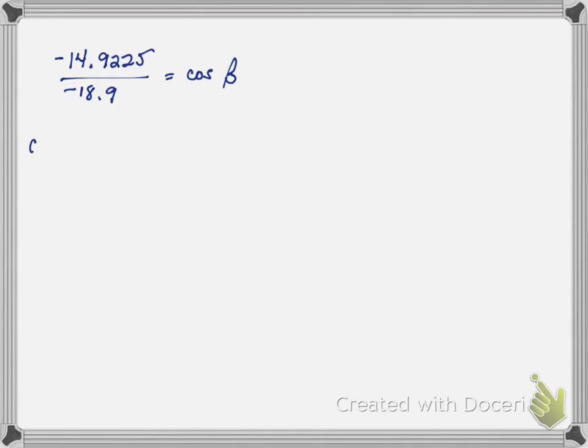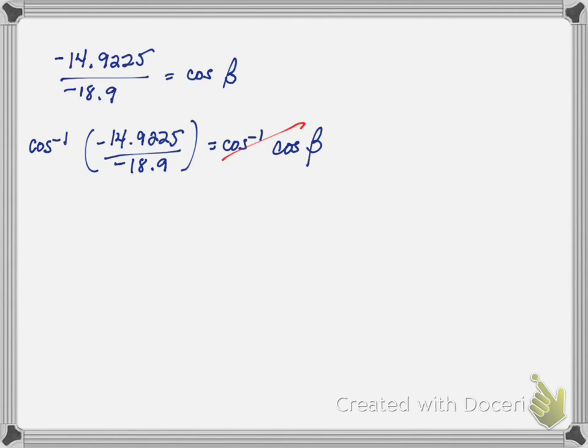So what I'm going to do is take the inverse cosine of both sides, and I get inverse cosine of negative 14.9225 divided by negative 18.9, and it equals cosine of B. And we know that these will cancel each other out, and I'm left with angle B equals, and when you plug this into your calculator, you get 37.86. Now, if you notice on the answer key, it takes it to 1 decimal place, so 37.9 degrees is